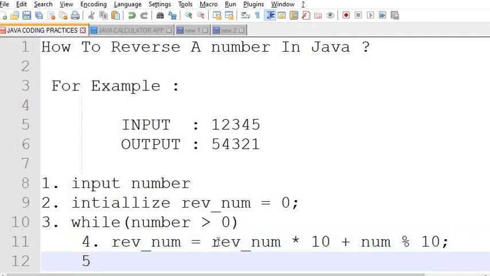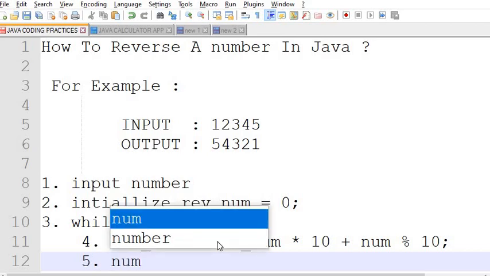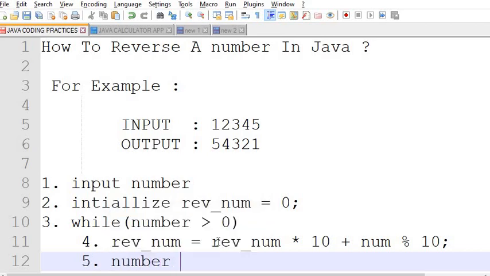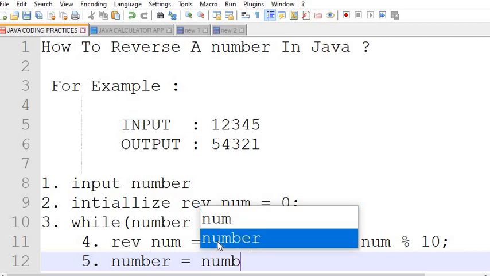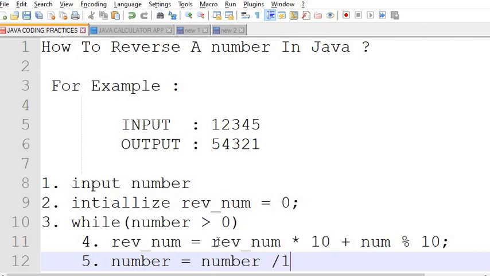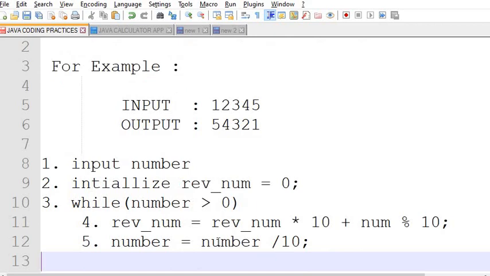After that I will update the number, that is the user input, and the number will be divided by 10. After completion of this iteration I will print the output, that is the reverse number.